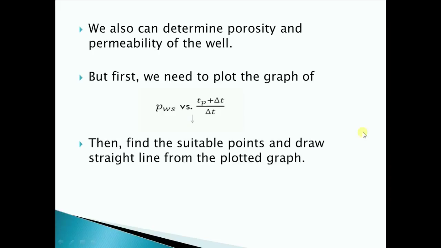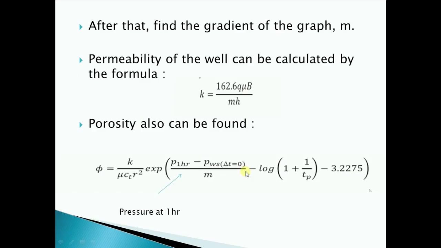By that, we can also determine the porosity and permeability of the well. But first, we need to look at the given data and plot the graph of PWS versus log of (tp plus delta T) over delta T. Then find suitable points and draw the straight line on the plotted graph. After that, find the gradient of the straight line, M, and by that we can calculate the permeability of the well by the formula given here, which is k is equal to